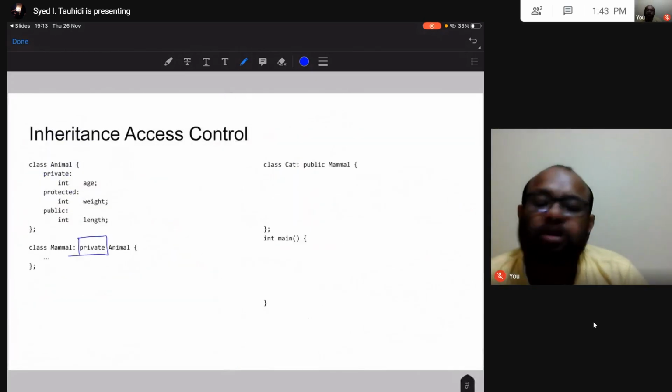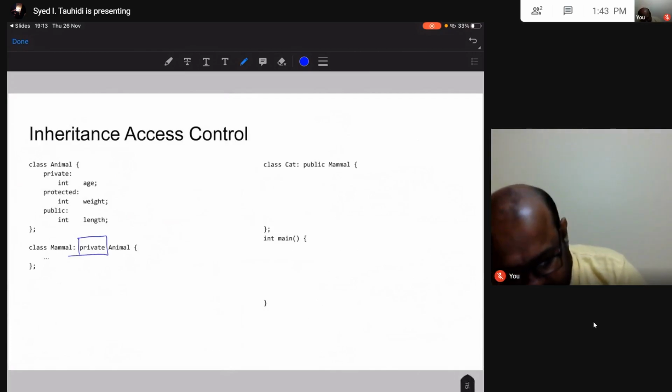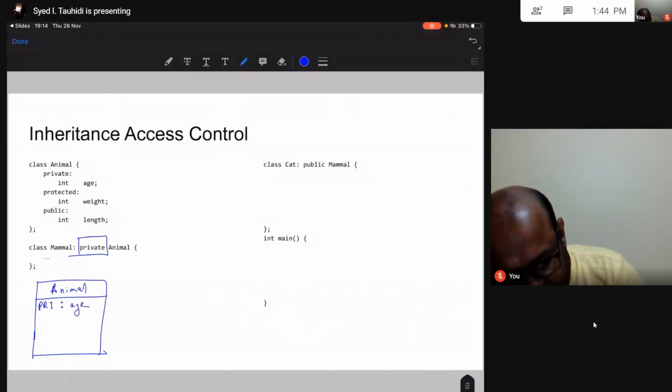We have already talked about public and protected. So once again, I have 2 classes, the animal class. In my animal class, I have a private data attribute, which is age. I have a protected data attribute, which is weight, and I have a public data attribute, which is length.